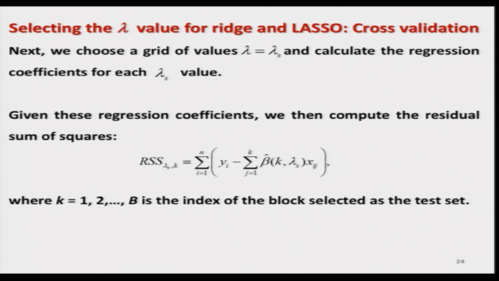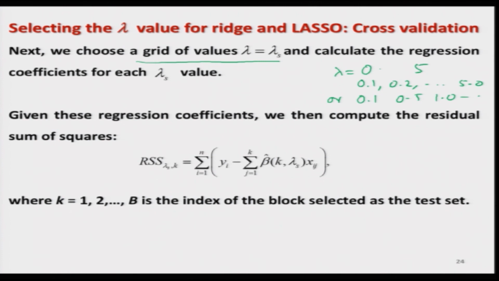Then after this, we try to choose a grid of values, say lambda equal to lambda s. Suppose I take lambda between 0 and 5, and then I can take 0.1, 0.2, 0.3 up to 5.0, or alternatively 0.1, 0.5, 1.0 and so on, whatever you want. We have to experiment to see where we get a good value. So, I choose a particular value of lambda from this sequence, and then using it I try to